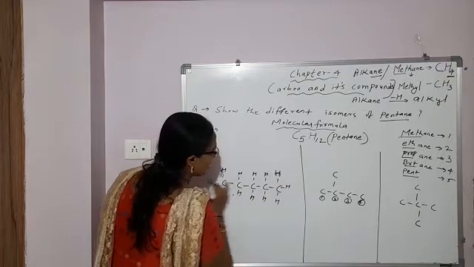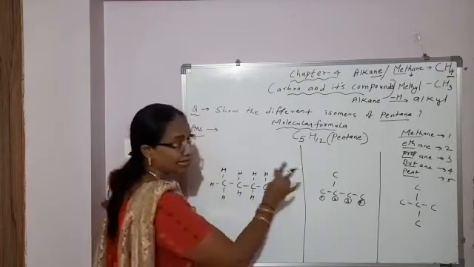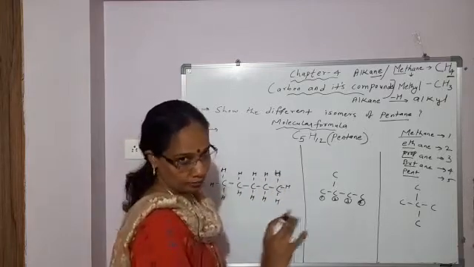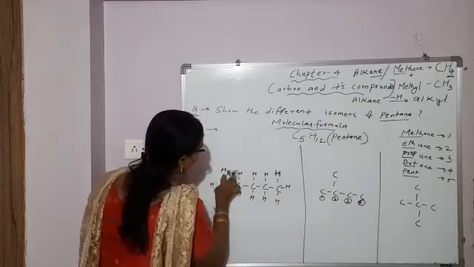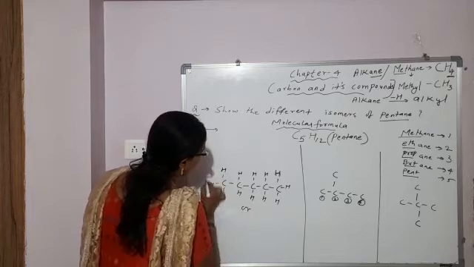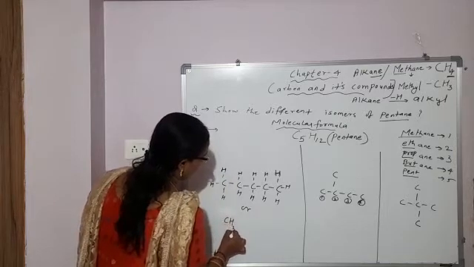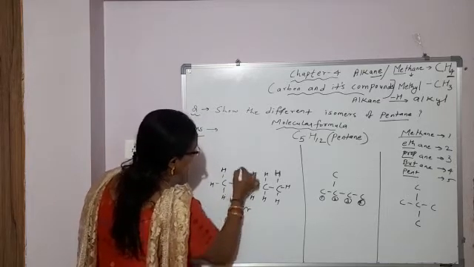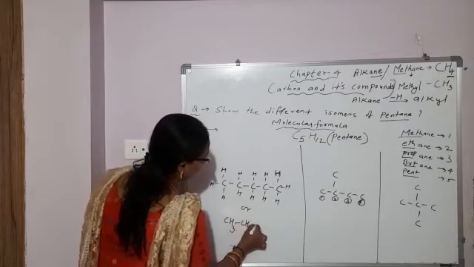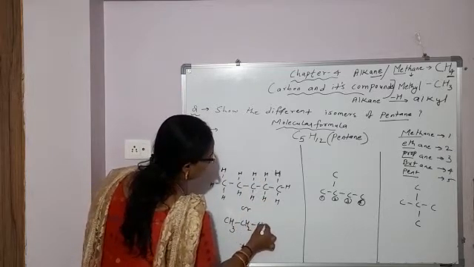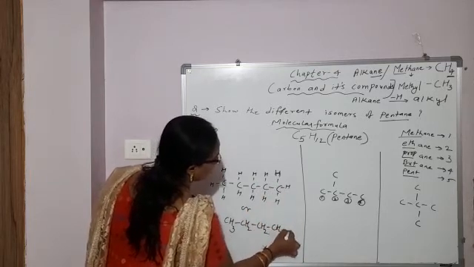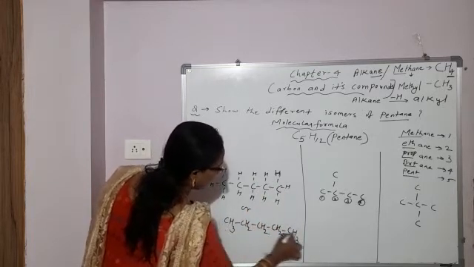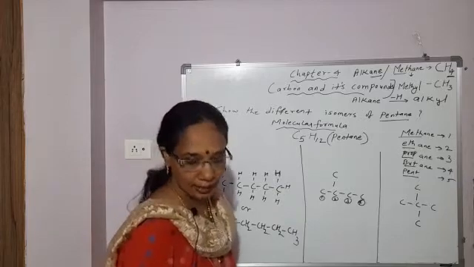Now students, I have written the structural formula showing the bonding between each atom. You can also write it in condensed way. This carbon, how many hydrogens are written? 3. CH3, you can directly write. CH2, single bond, CH2, single bond, CH2, single bond, CH3. Now here carbon atoms are arranged in a straight chain.